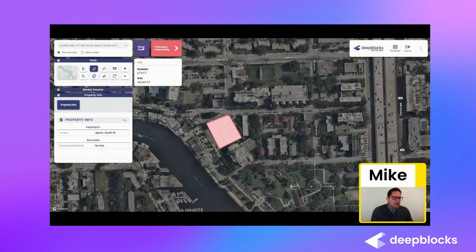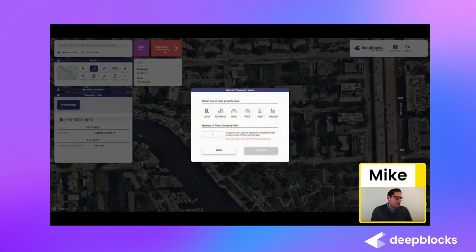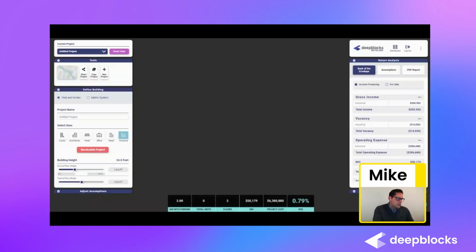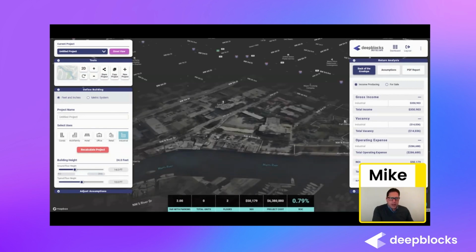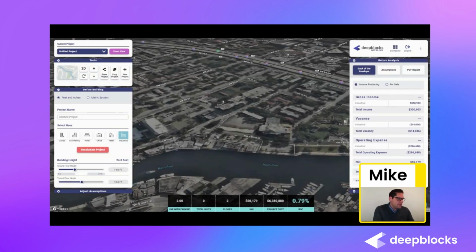We can actually even do a street view just to get a feel and understanding of our surroundings for this particular area. But here we go. We're going to go into preliminary underwriting, and now we're going to select industrial, and let's just do an FAR of 2. And the 3D model will automatically be generated for you,